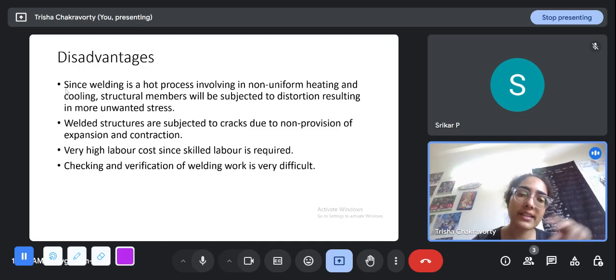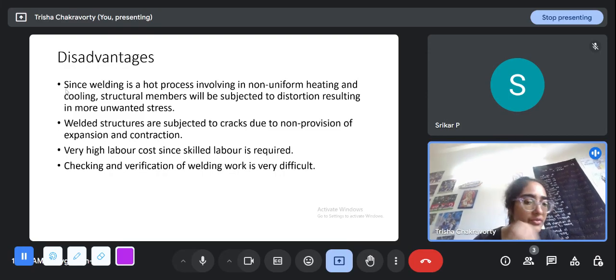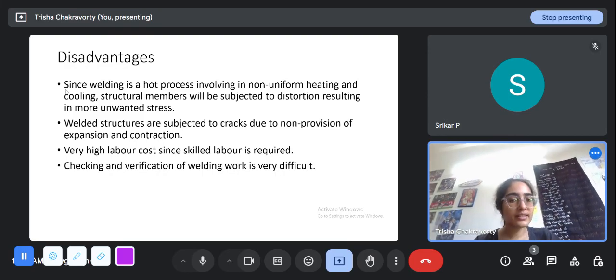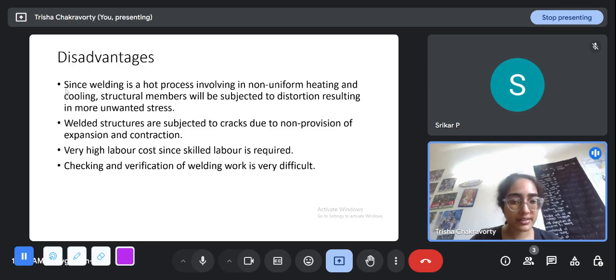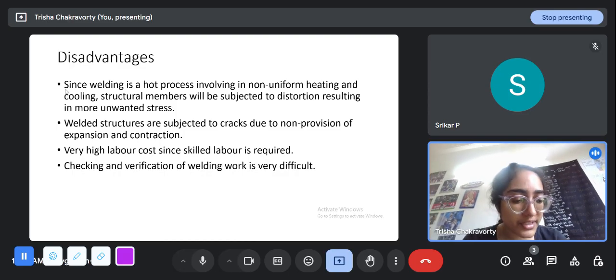But once the welding is done, it is very difficult to check that. The way we draw in diagrams, we draw a triangle, but it is difficult to implement at the site, and it is also very difficult to check. So when after 50 years someone is doing a checking work and they want to go for major repairs, for welding it's difficult to verify.